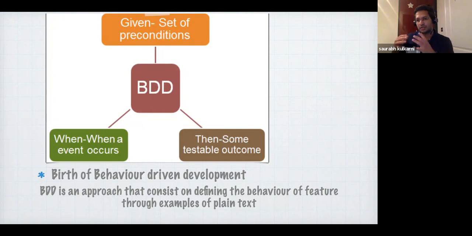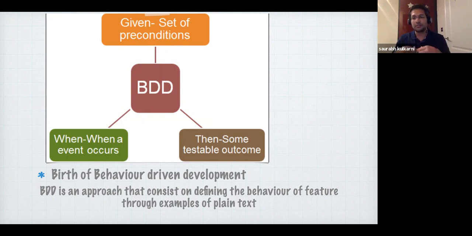The business side of the projects always feels that they are not onboarded with the test strategies being followed. So to help onboard the different members of the team onto this activity, BDD has taken birth.